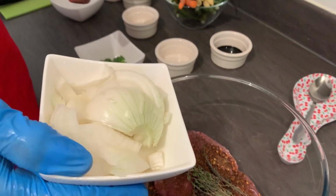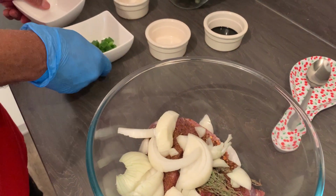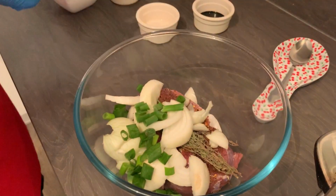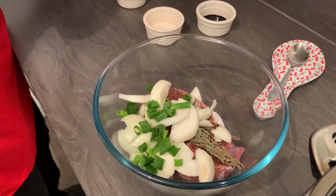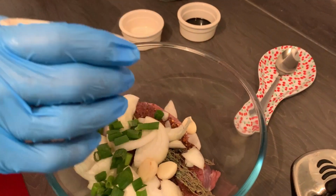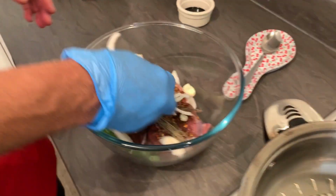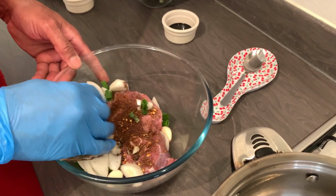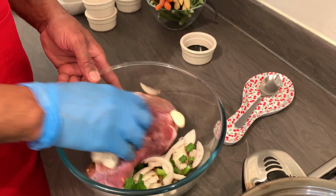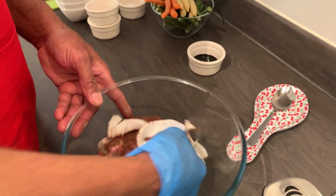1 large onion chopped, and some spring onions, and 3 pegs of garlic. It is best to have your steak marinating overnight, but just to show you how to do this now,